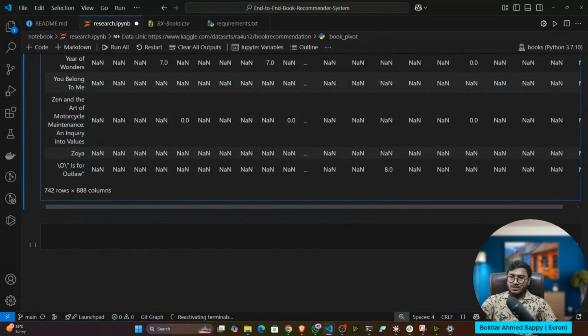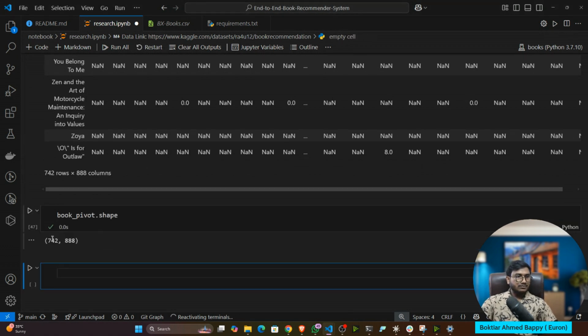For this we'll be using something called sparse. But before sparse, I have to fill with 0. If you see the shape of the matrix, this is the shape: 742 and 888.